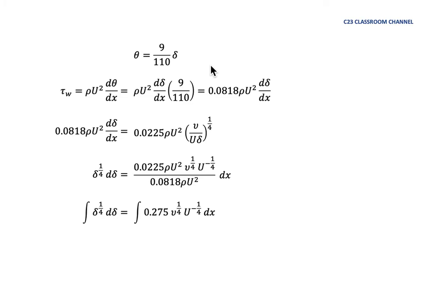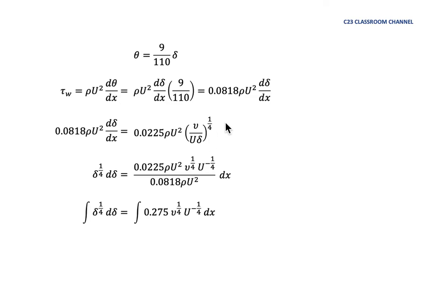So from our previous lesson, we could calculate the value of theta is 9 over 110 delta. We substitute in the von Karman equation. So finally, we could write it as this one. And then what we need to do is equalize it with the Blasius solution of shear stress. So we have 0.0818 rho U squared d delta dx equals 0.0225 rho U squared nu